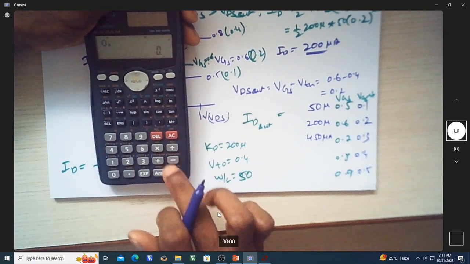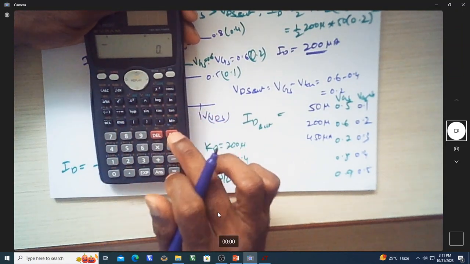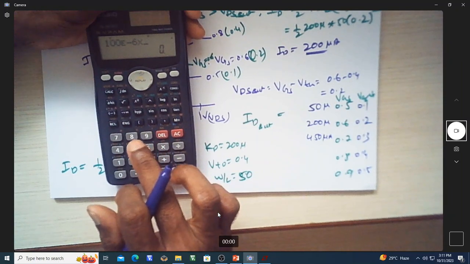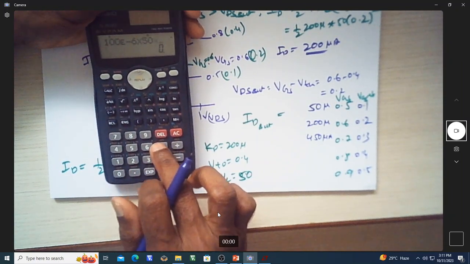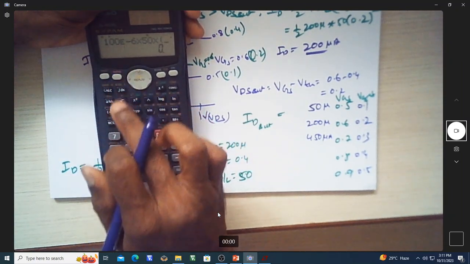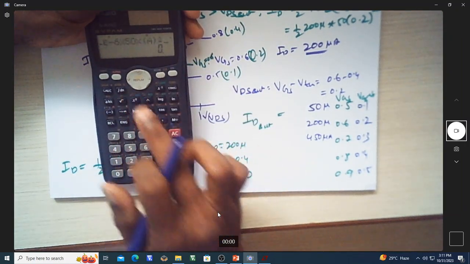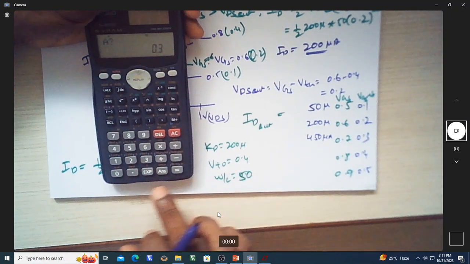Okay, sorry, I just missed it out. Let me again type it. 100 exponential minus 6 into 50 into, okay, there is a parameter called alpha a, that's a variable I'm entering, square. Calculate for